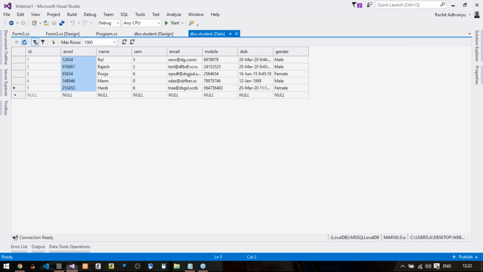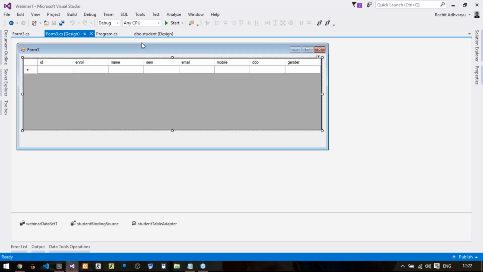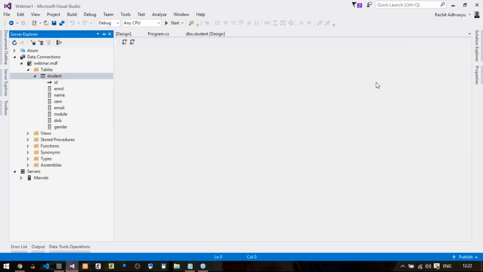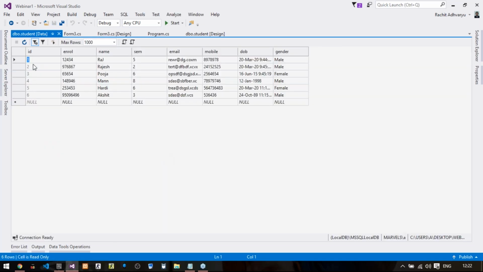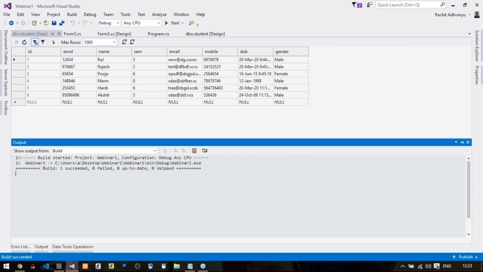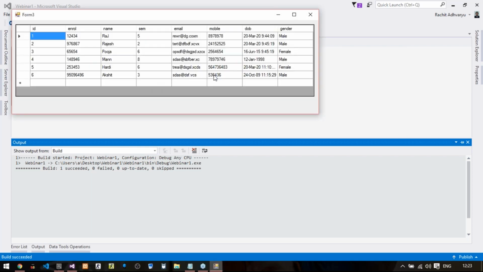Just a moment, students. I'll just reopen it, refresh, and show the table data. See, that row has not been generated. We had 6 rows and 6 rows are there in the database. So on executing the application, the row has not been generated. So now we want to generate a new row in the database as well as here. We should be able to edit any values and reflect them in the database. All the things should be done automatically.